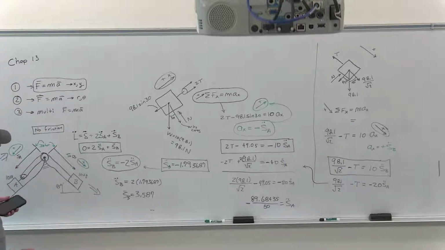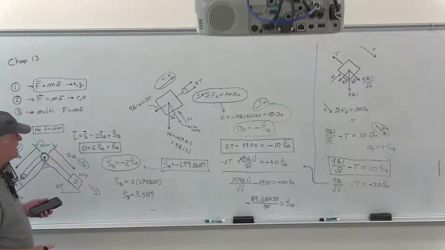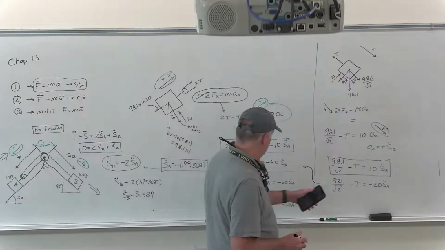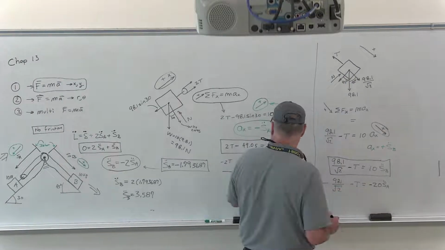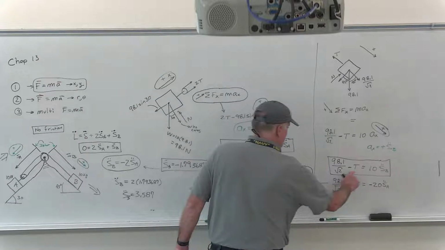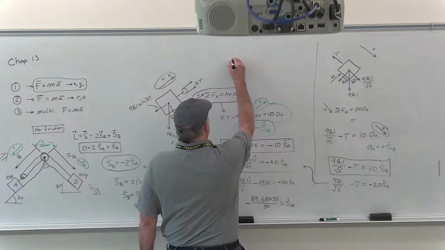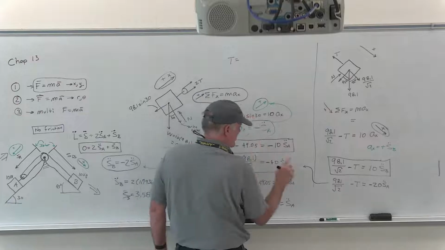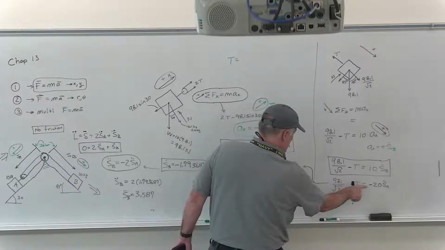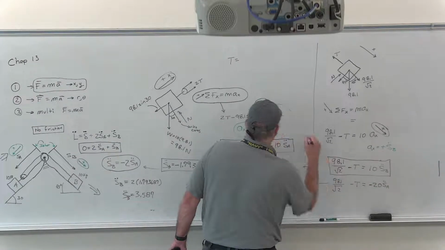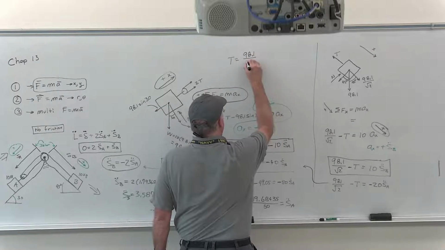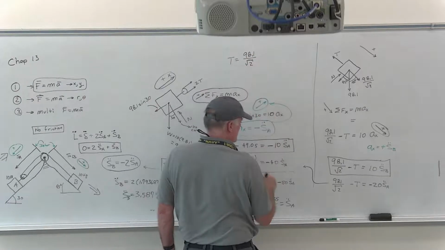So this thing is going this way, and this thing is going that way. And then if you wanted to, you can find the tension from either this one or that one. This one has less things in it. So I could take the tension over and bring that over. And so I have the tension equal to, now the tension is kind of cool. Okay, so look at the tension. I'm going to trade them. So 98.1 over square root of 2, hopefully it reads that,